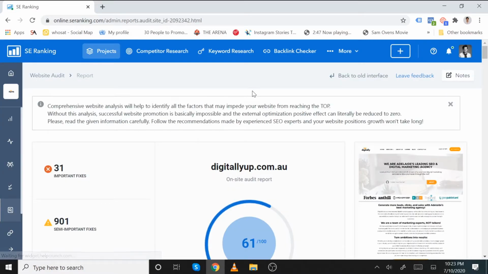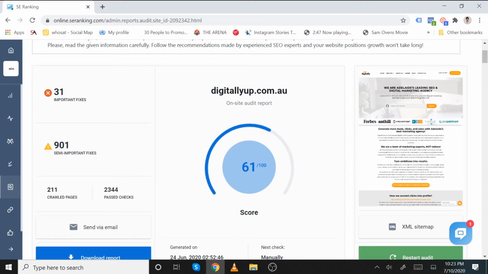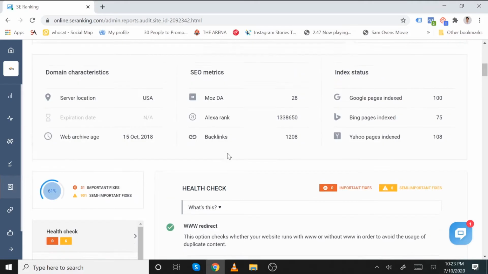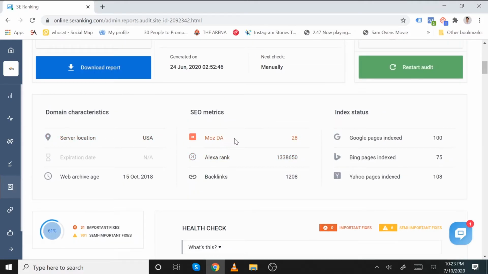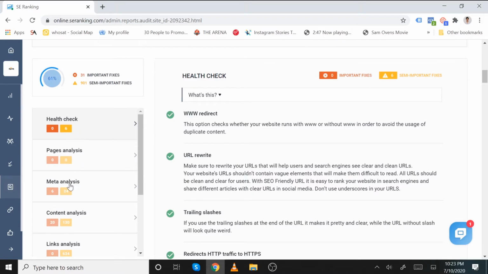In SEO audit, it will give you a comprehensive overview. What are the errors on your website and what errors can be fixed. It is also giving you a Moz DA, so that is pretty good. And here it is telling me what are the